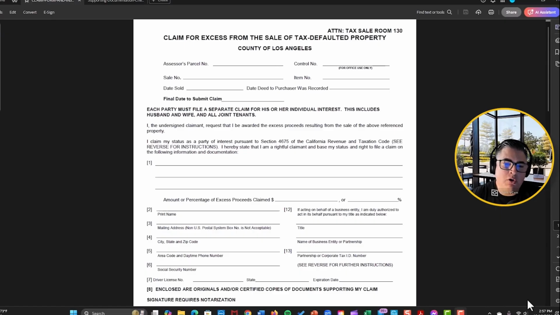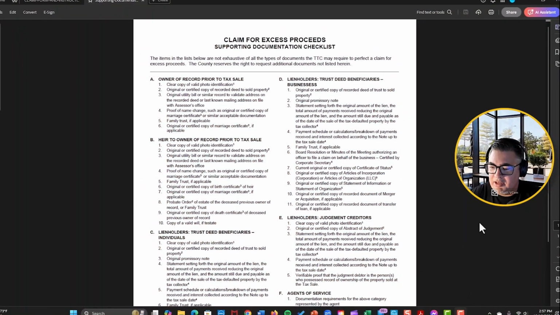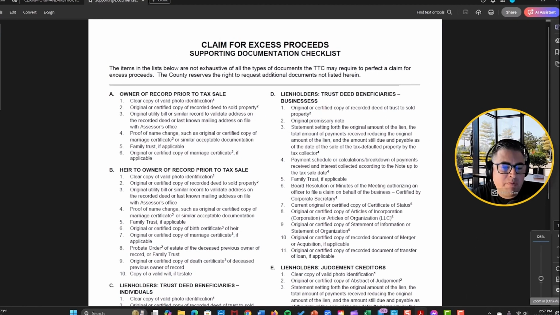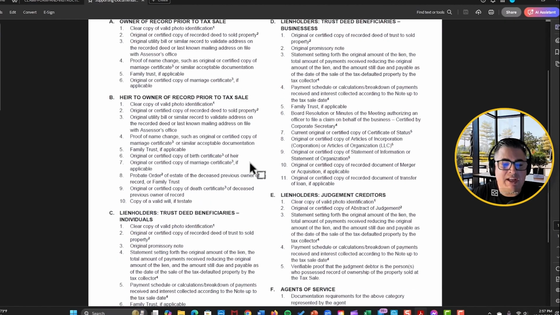Now, I have my own assignment forms, but Los Angeles requires that they use their forms. So keep that in mind, the county may accept your own version of the assignment forms, but they may request that you use their own form, which could be found on their website. This gives you an idea of what other supporting documentation they require. Any additional forms other than the assignment or contingency agreement you put together, anything in addition, is called supporting documentation. And this is a checklist that Los Angeles County uses, in which they show you what they need in